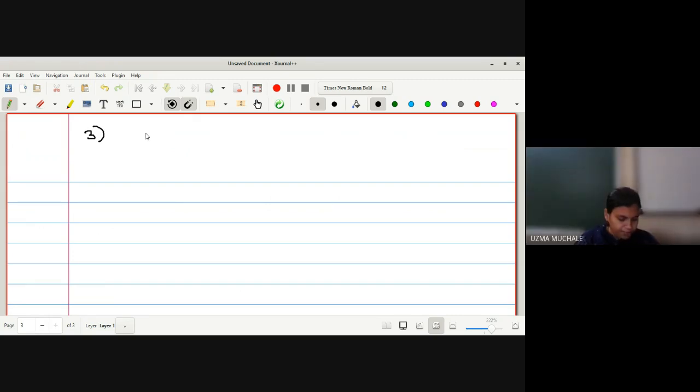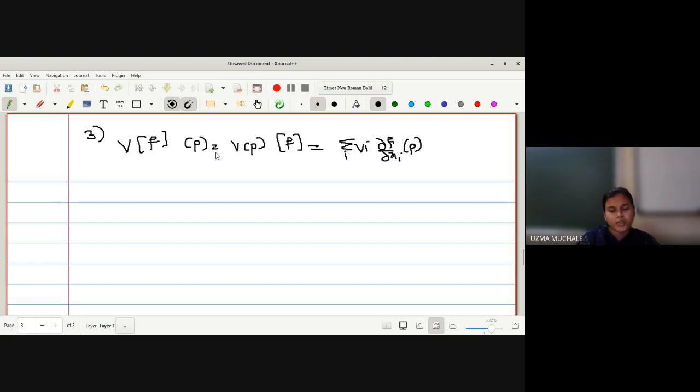Now here, I will prove this third property with another method. Actually, this we have done with the point-wise application. We can do this by the definition itself. What is the definition? Let me write down the definition once again. The directional derivative of function f on a vector field V, going for a point-wise application, is reduced to the directional derivative of function f on a tangent vector Vp, which is equal to the summation over i of vi times dou f by dou xi. Correct?